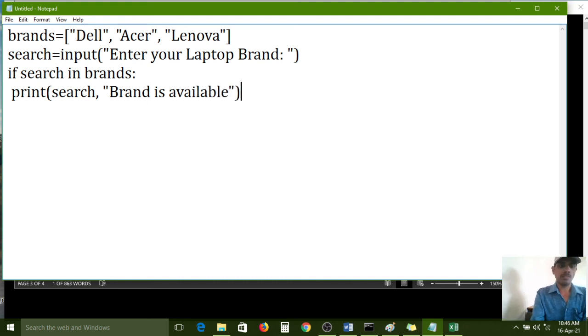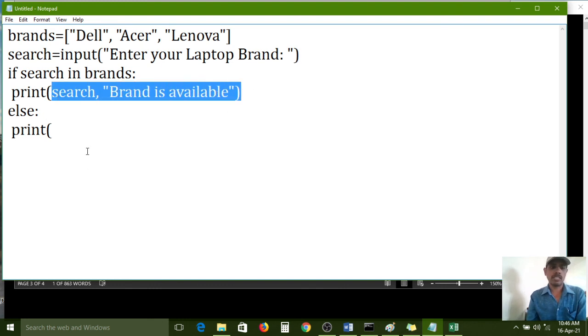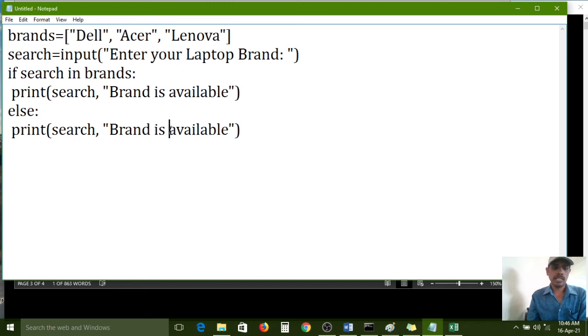Next, else. Here also the colon symbol must be required. Print the same statement here also, but brand is not available. It's a small modification. Either that one or this one.